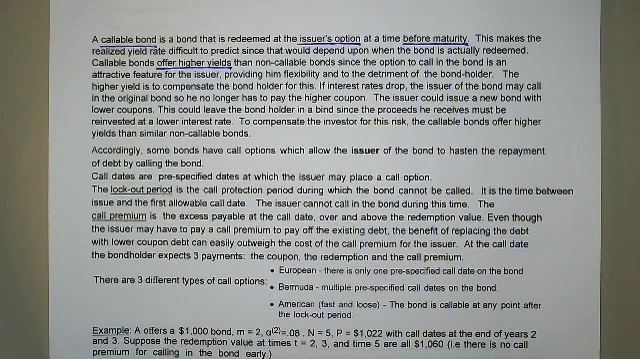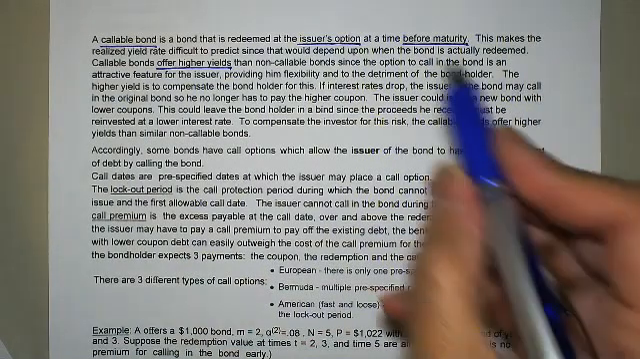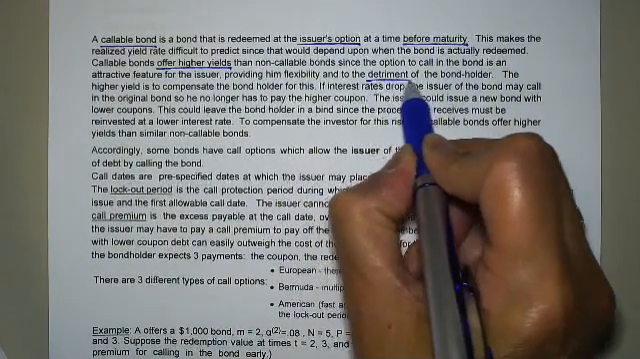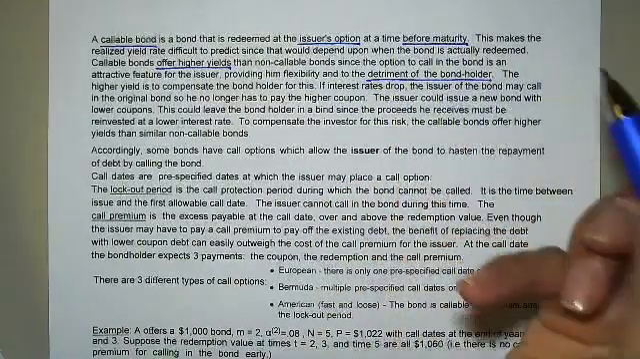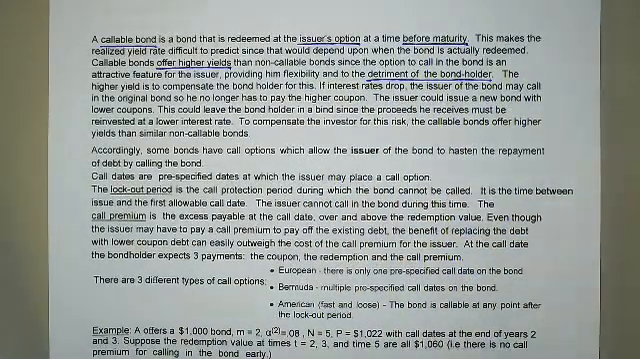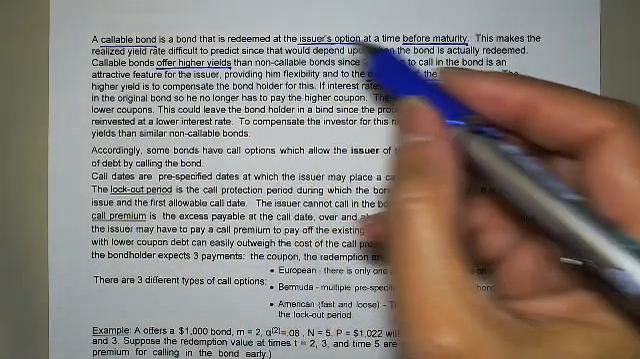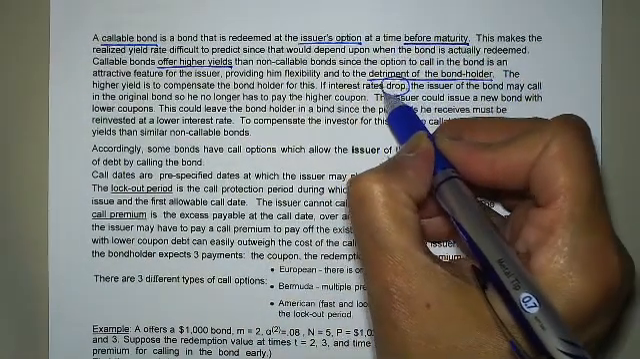So callable bonds offer higher yields than non-callable bonds, since the option to call in the bond is an attractive feature for the issuer, providing him flexibility and to the detriment of the bondholder. So he's not doing you any favors by selling you a callable bond. The higher yield is to compensate the bondholder for this. You're the bondholder. If interest rates drop, the issuer of the bond may call in the original